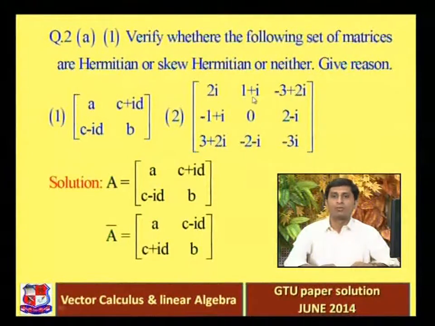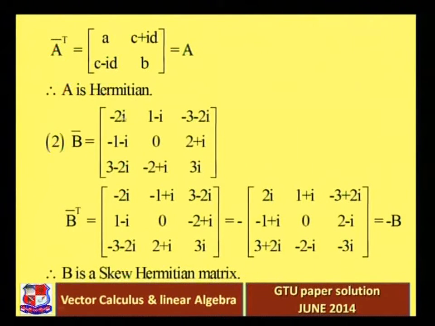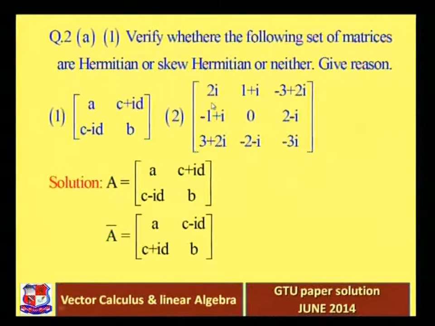B is 2i, 1 plus i, minus 3 plus 2i; minus 1 plus i, 0, 2 minus i; 3 plus 2i, minus 2 minus i, and minus 3i. Is it a skew Hermitian matrix? Let's try to check. B bar becomes minus 2i, 1 minus i, minus 2i, okay,